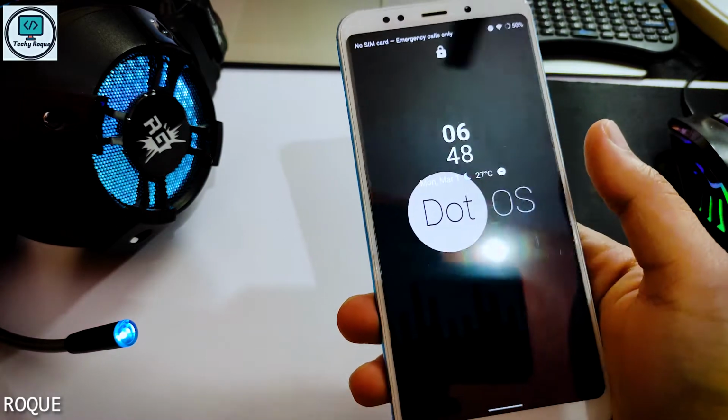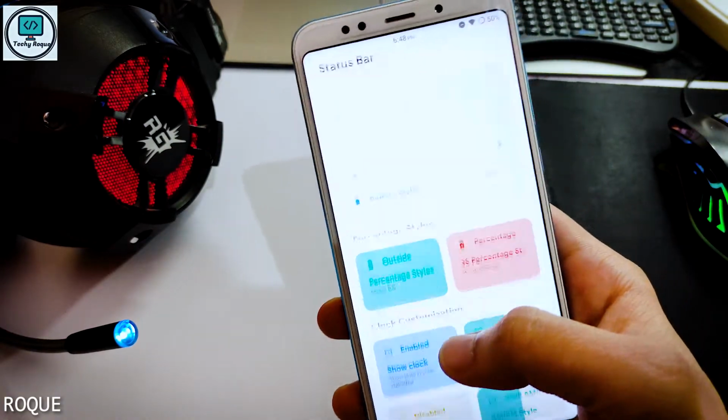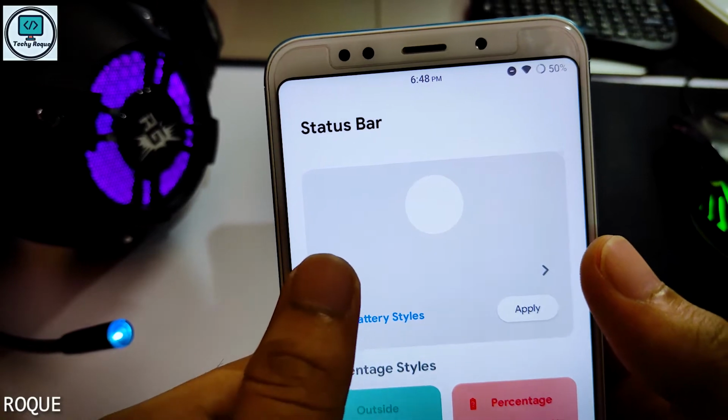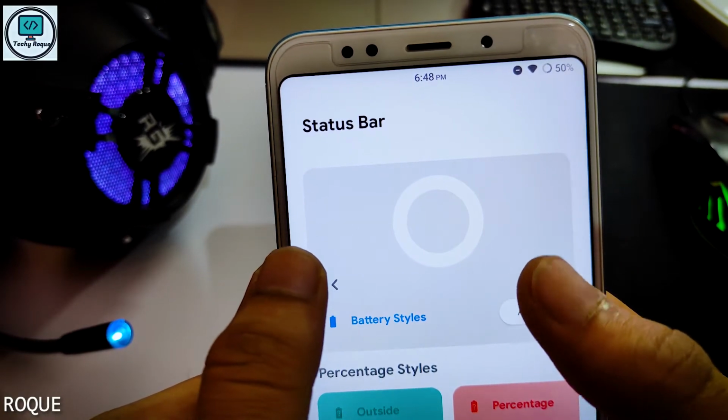That's the wallpaper, and in the lock screen, AOD is not available for now. You can see lots of customization, the basic features that are available in every ROM.